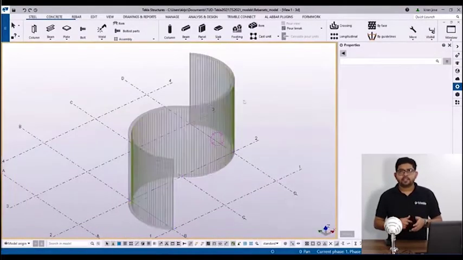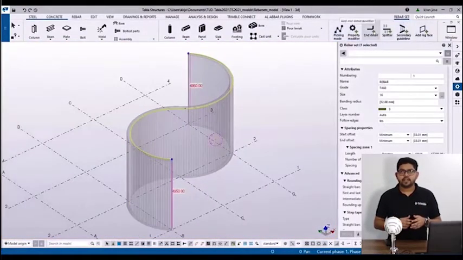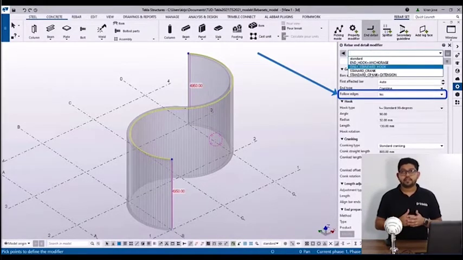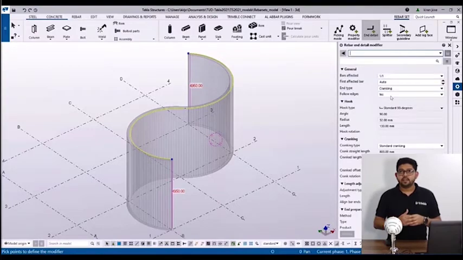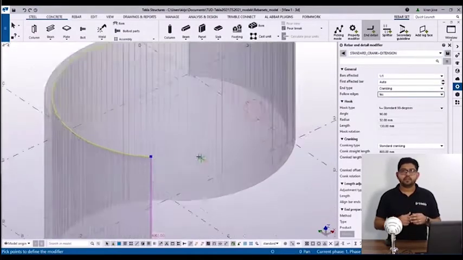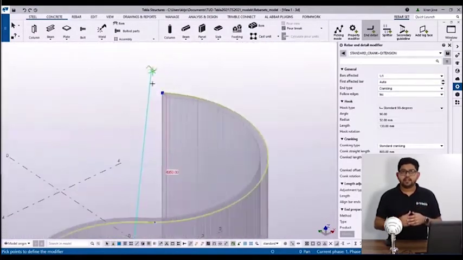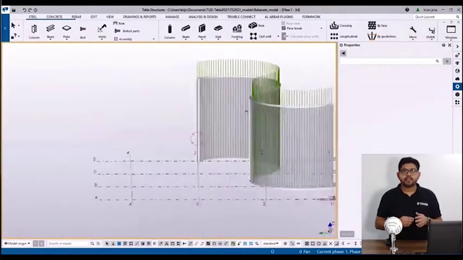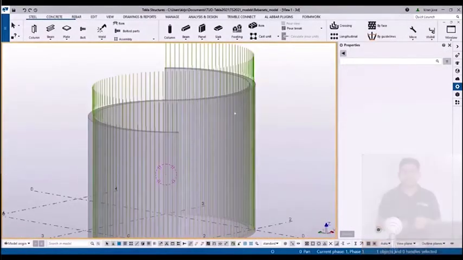And as I mentioned in the previous slide, it's not restricted to guidelines. It is applicable also for the end detail modifiers as well, that is the rebar set modifier. So here I'm just going to click on the Follow Edge option, picking start and end point here, and you can see the end detail modifier has been applied to all reinforcement along this concrete curve.